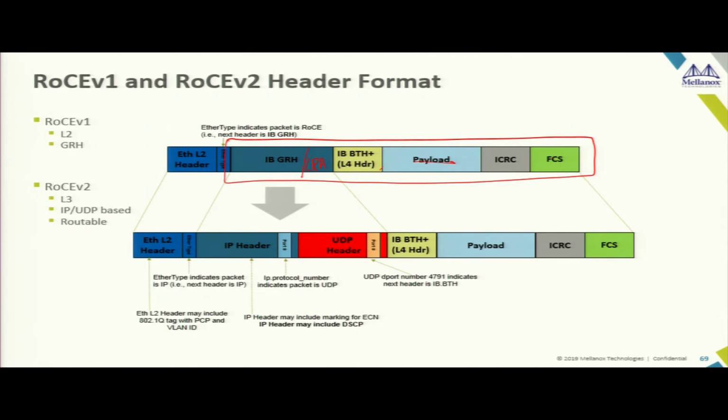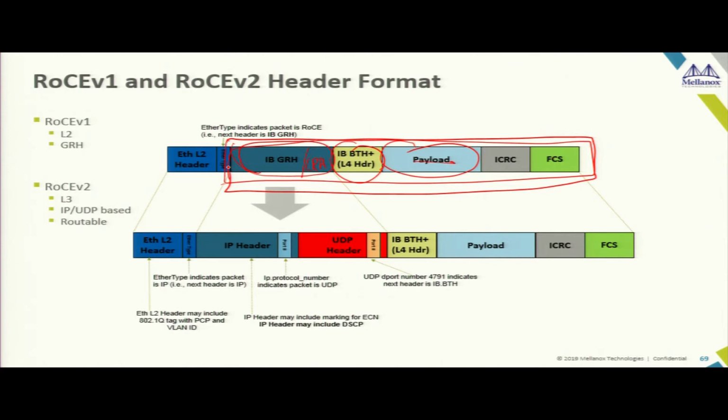InfiniBand switches and adapters receive this. The switch basically operates on this area and then decides where the packet has to go. Once the packet has reached the destination server, the InfiniBand NIC card looks at this header and sees where the DMA has to be done, and then it does a DMA of this payload to the system memory directly.